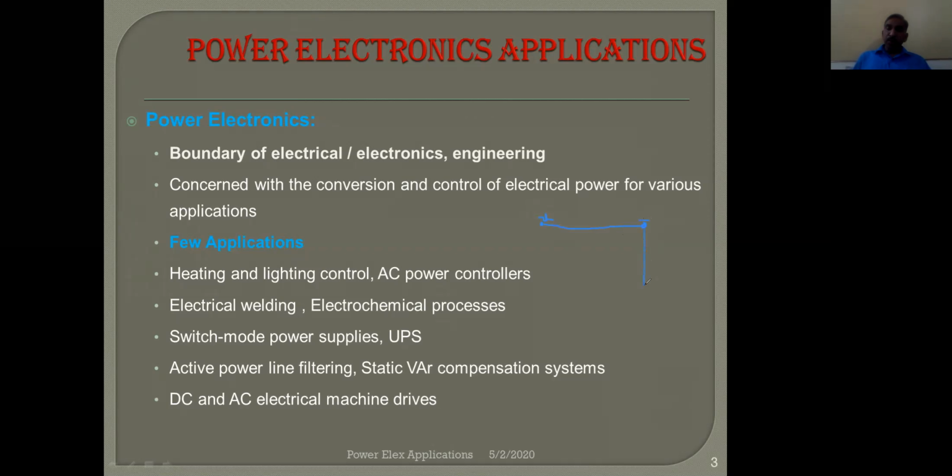Even we discussed chopping actions, where we got variable DC from fixed DC, buck boost converter, flyback converters, or even SMPS, which is part of DC to DC conversion. Then convert this DC back to AC using an inverter, complete AC here. Then this AC can be controlled or converted or cyclo-converted back to AC. And the power electronic cycle completes.